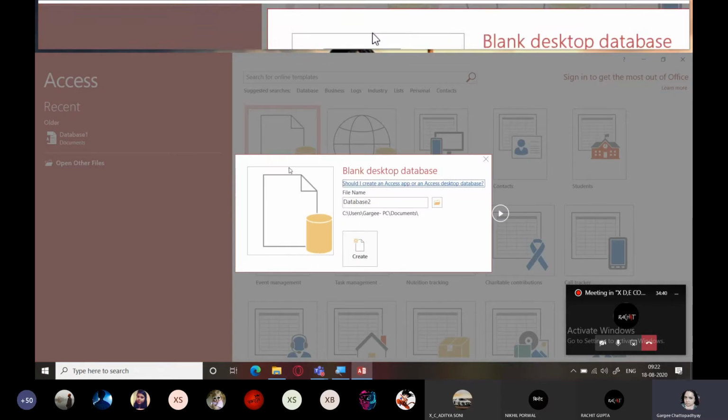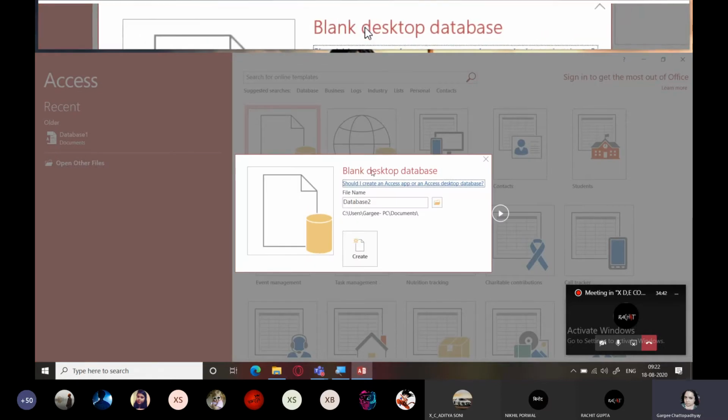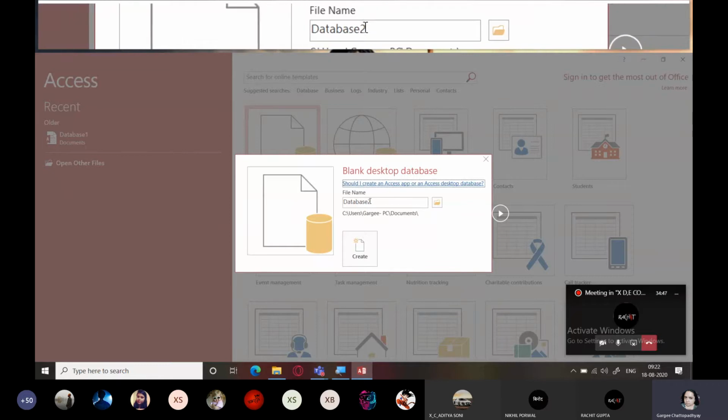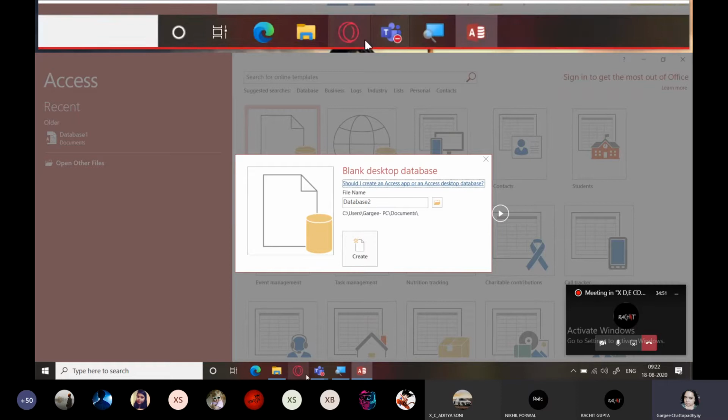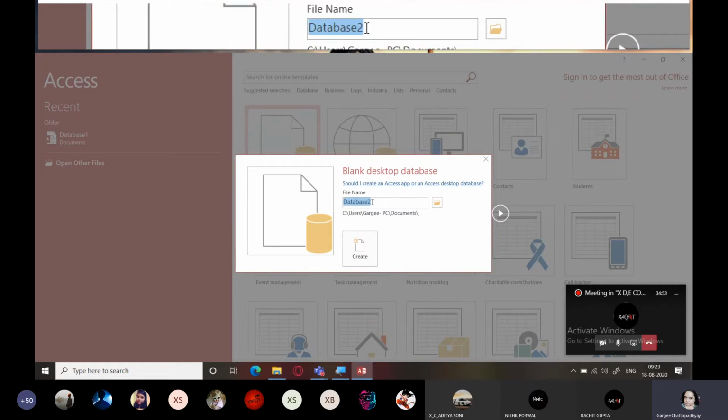Click on this. The moment you click, you get this small window, blank desktop database, which asks for a file name. In MS Access, please remember, every database will be stored as a file.